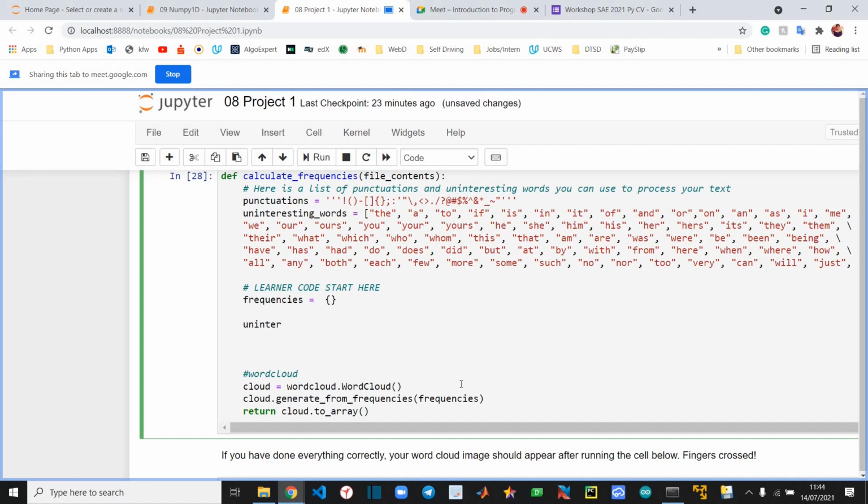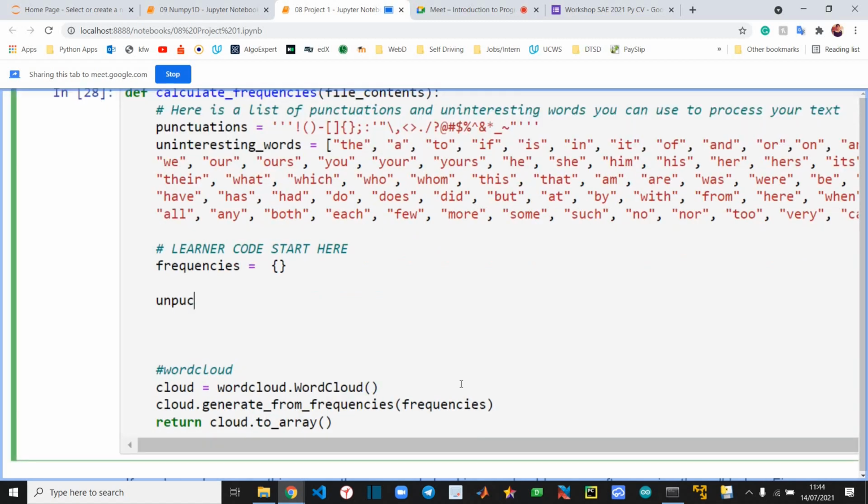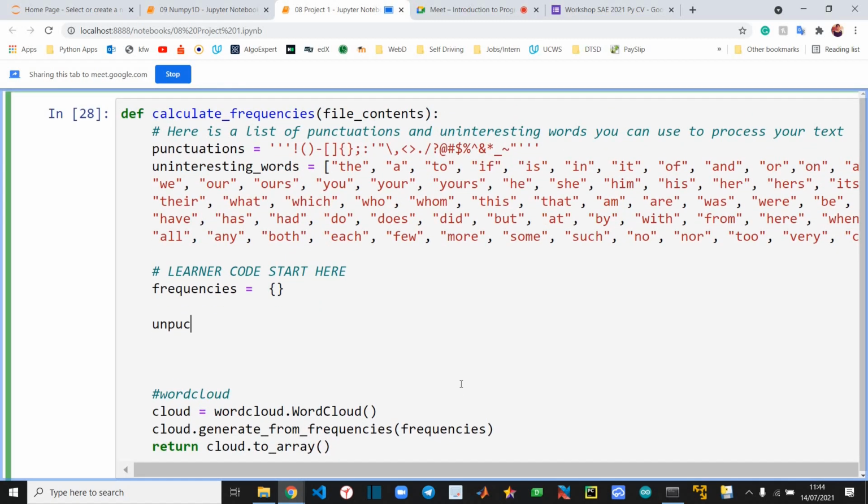I will make a new string. I'll show you what I am trying to achieve and how. First, I will filter out these punctuations. What I'm going to do is compare every single character in my file contents, and I will try to filter out these things.